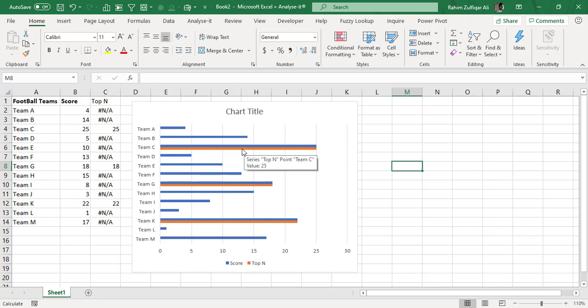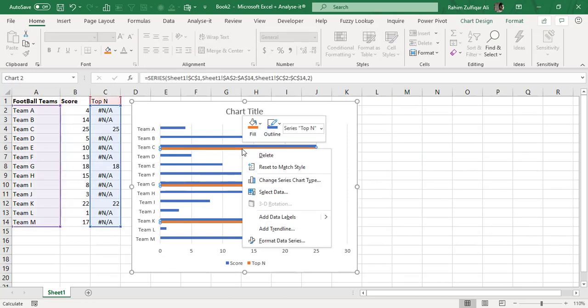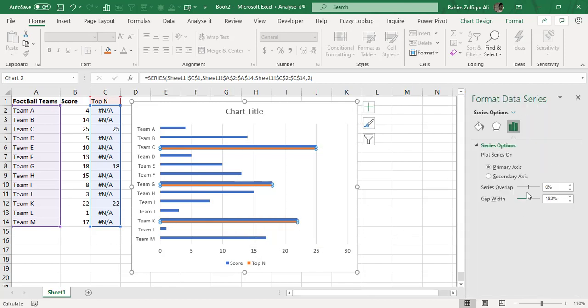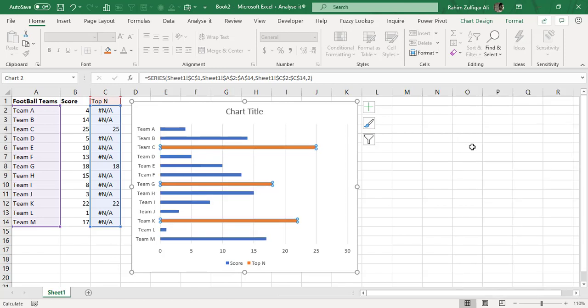So we will right click on these orange bars, click on Format Data Series, and use the overlapping technique. We will do 100% overlap, so that the blue bars will be on the back side and the orange bars will be in the front.